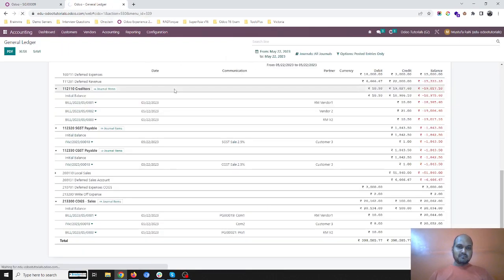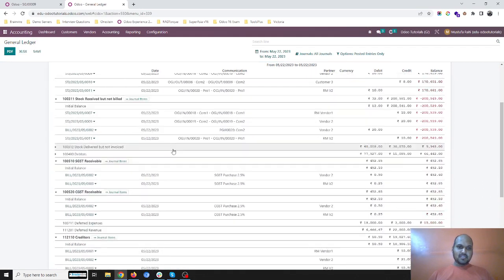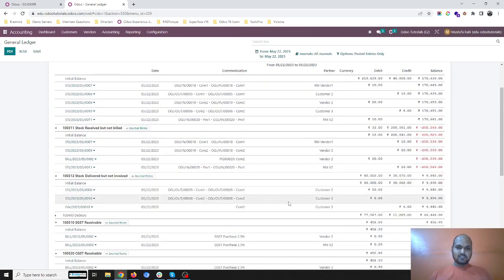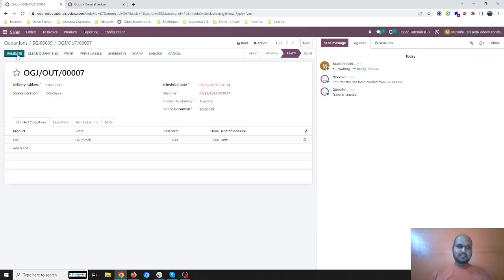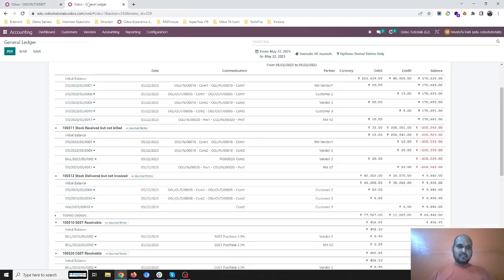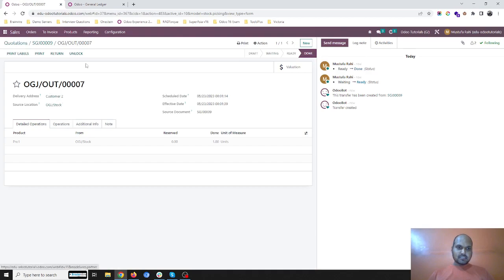If I refresh my general ledger, there is no impact till now because I haven't delivered it. So stock delivered but not billed, it has no entry. You can see COM1, COM2 are there. As soon as I hit my delivery and refresh my ledger, you can see stock delivered but not billed is here with this customer 2